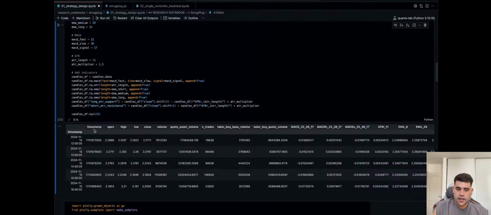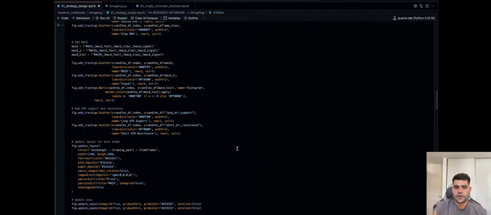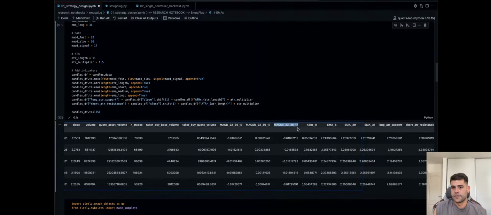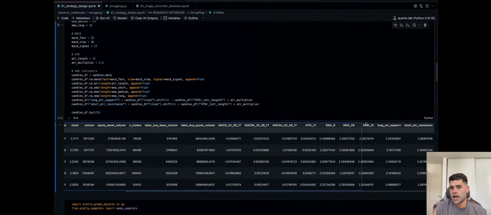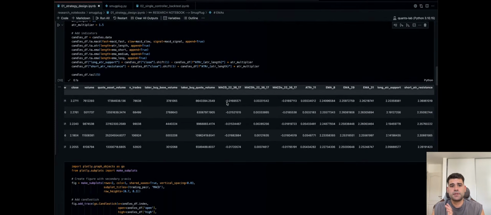So here you can see that the candles that before we plotted, we only had up to taker buy volume. Now here we have open, high, low, close, well, all these things up to here. And at the end we have the MACD, the MACD histogram, the MACD signal, the ATR, the EMAs, and the long ATR support and short ATR resistance. Okay, and I'm looking at the chat, so if there is any question, just let me know. But basically, in this step, we add all the indicators that we are going to use to later on compute